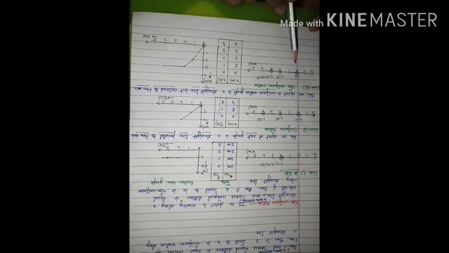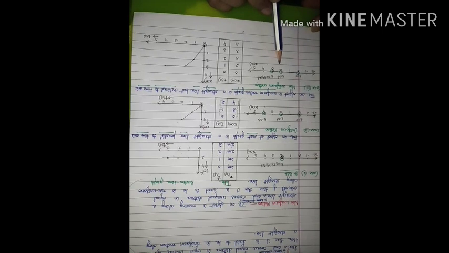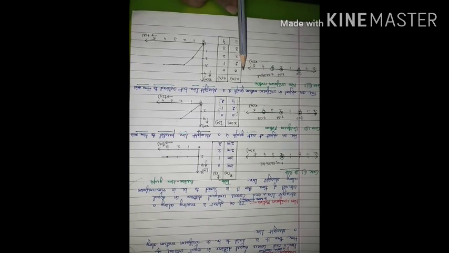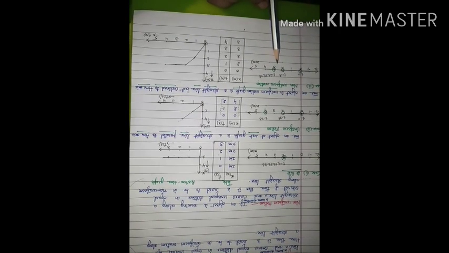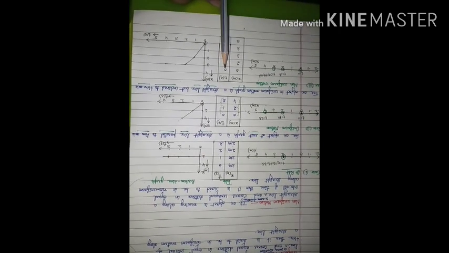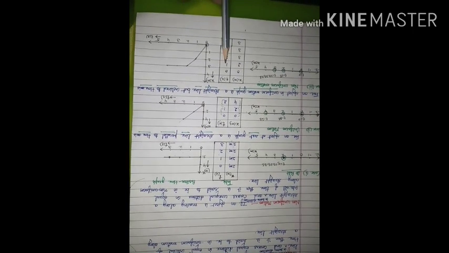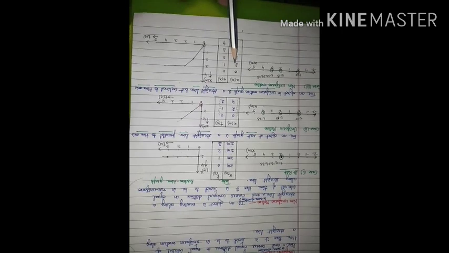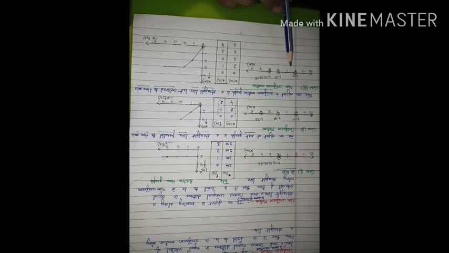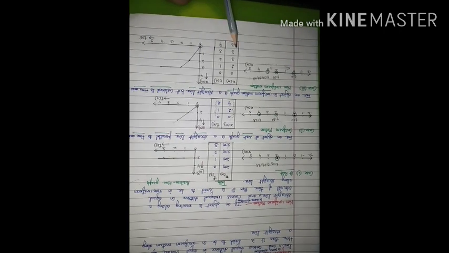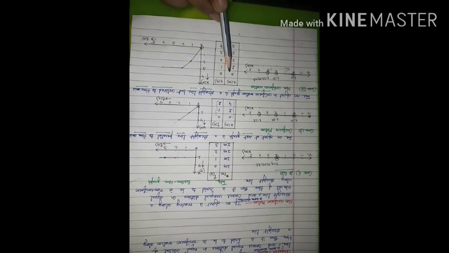This type of motion, where you have unequal distance in equal intervals of time, will be known as non-uniform motion. So in the form of a table, when time t is equal to 0, position is 0. At t is equal to 1 second, distance covered is 2 meter. At t is equal to 2 seconds, the distance is 3 meter. Then at 3 seconds, 3, at 4 seconds, 3, it is like this.